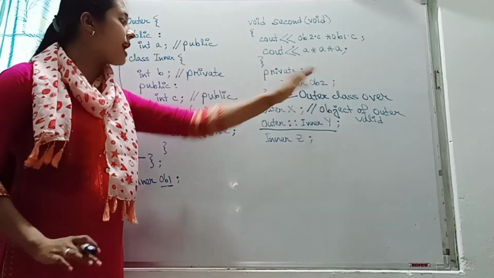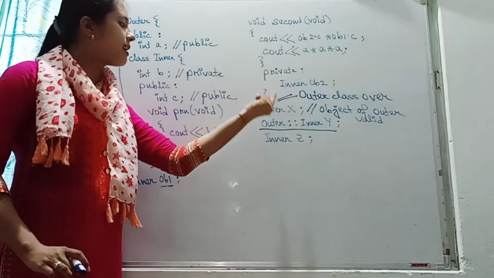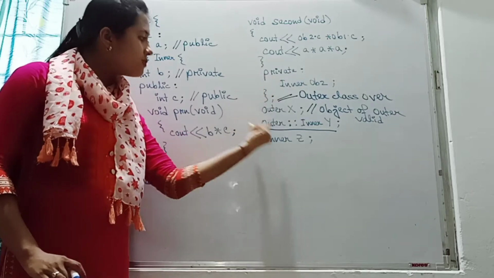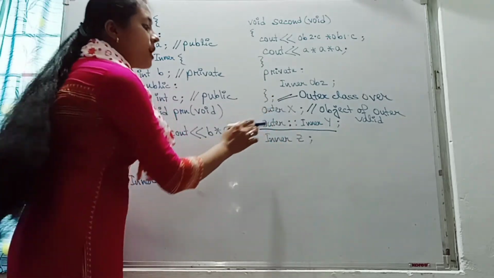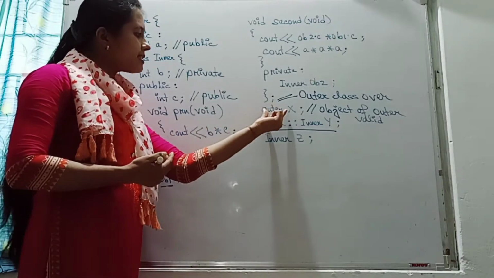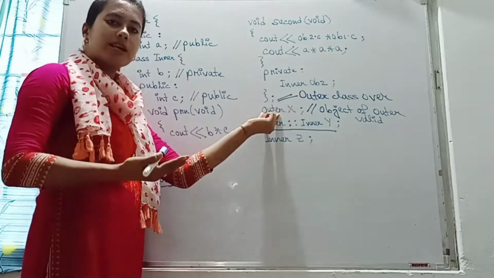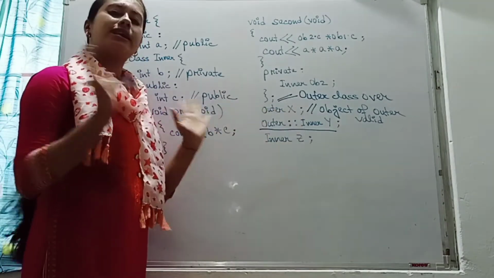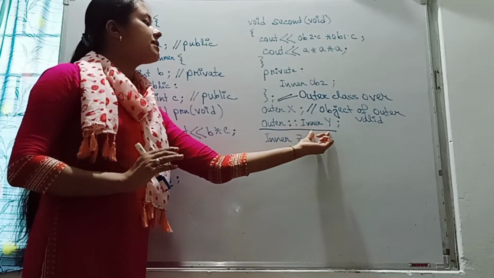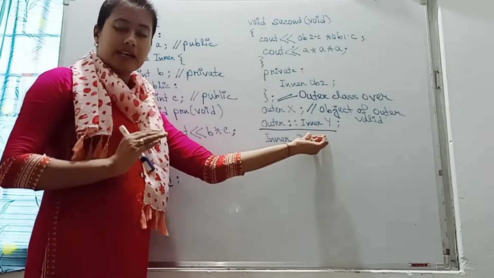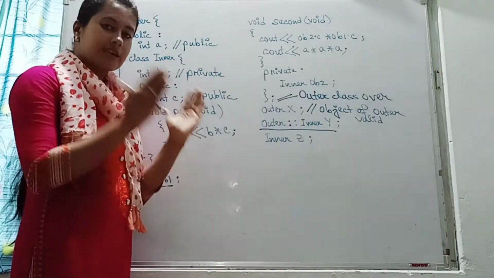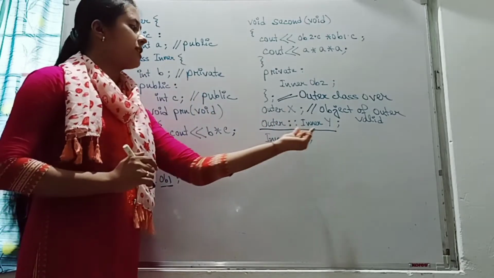So no problem. Why? Because this was inside the class. Now we have come outside the class. So whenever we are coming outside the class, then you have to give the full path. Whenever you are writing, if the object is of the outer class, then you can simply write outer and then your object name. But if the object is defined under the inner class, then you have to mention the outer first, then the scope resolution operator, then the inner, and then